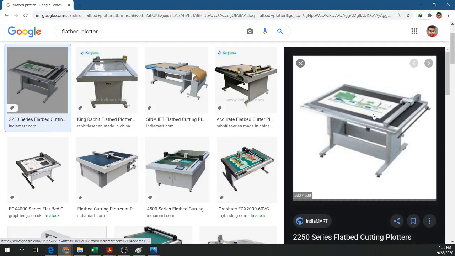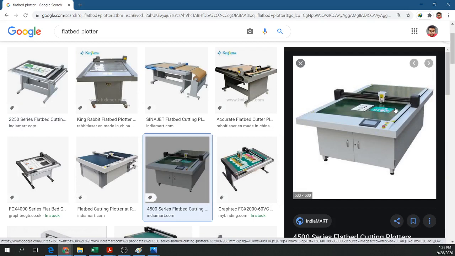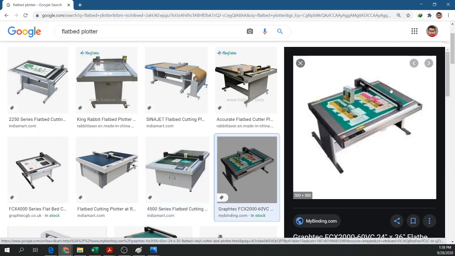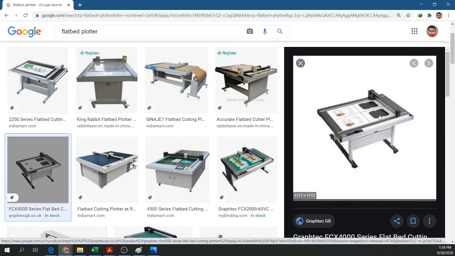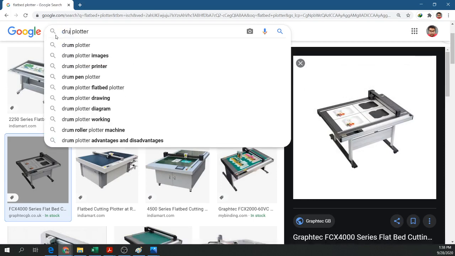So the paper would stay in one place and the ink or the pen would move across that paper in order to print the information. Notice it is a large bed, so a large image could go on this flat bed, and the pen would basically move across that flat surface in order to print the document or print the poster. We have a drum